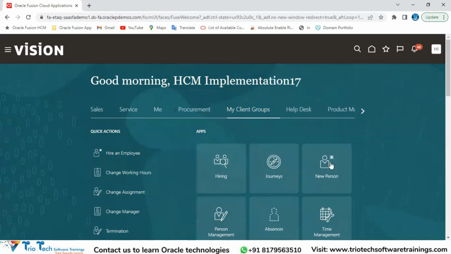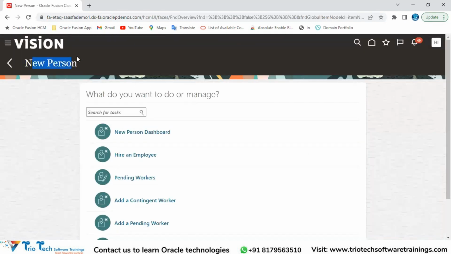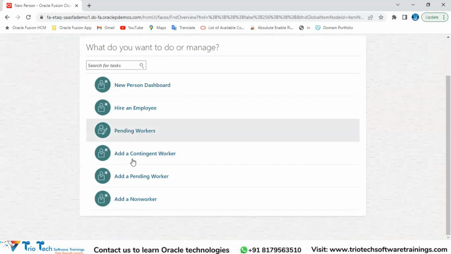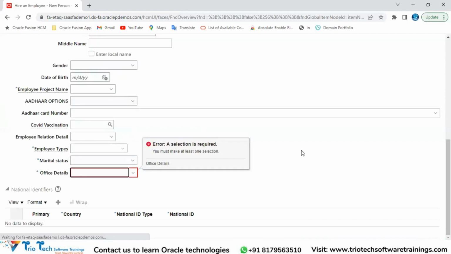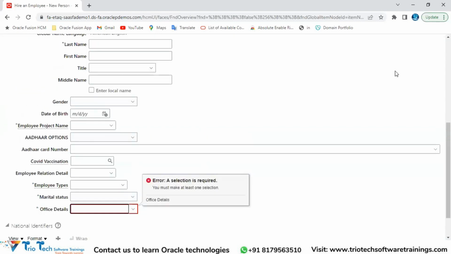In the Fusion application also, let's say I'm going to my client group and I'm going to some new person. So I landed upon some page. Then I can pick up some action here, team, say hire an employee, different transactions I can pick up. Now I came to some page here, team. Now I want to go back to my main home screen. Whatever the screen I am on, if I click on the home button,